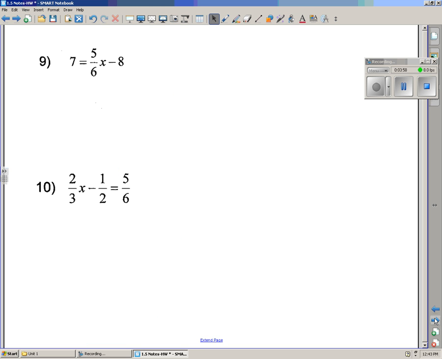Next one, another fraction in the problem. Again, the only denominator that exists right here is a 6, so I want to get rid of that denominator by multiplying the entire equation through by a 6. So that means that 6 times 7 is 42